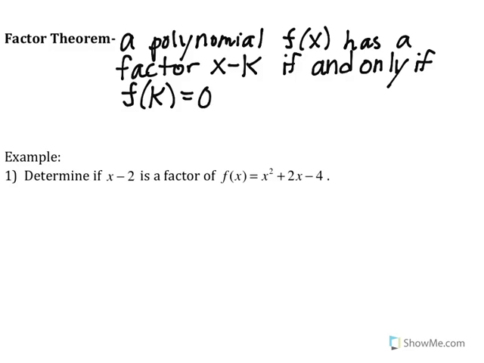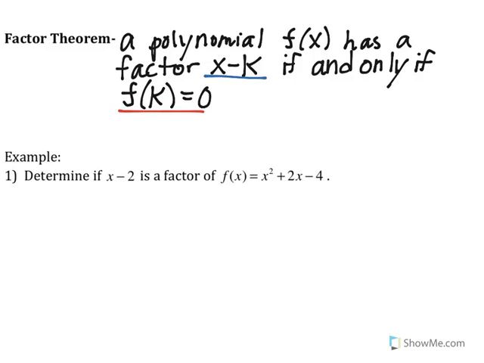So this is going to be important for all the factoring that we are going to be doing with the polynomials, and we're going to take a look at two different ways to look at this. We're going to find f of k and see if it equals 0. We're going to use synthetic division using the factor x minus k and see if the remainder comes out to